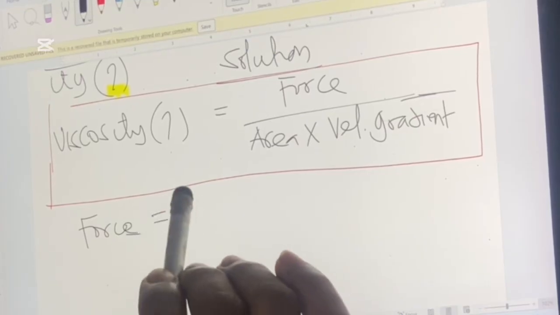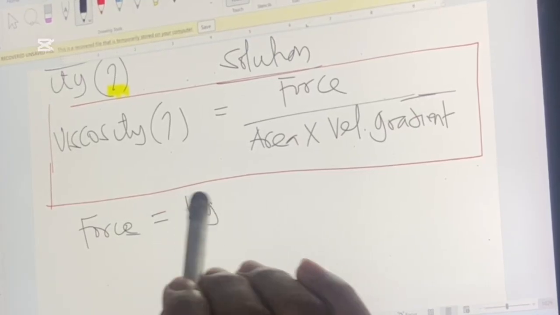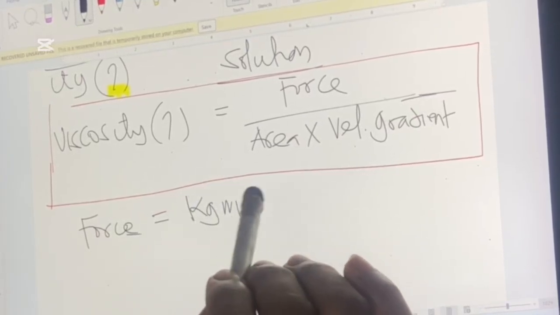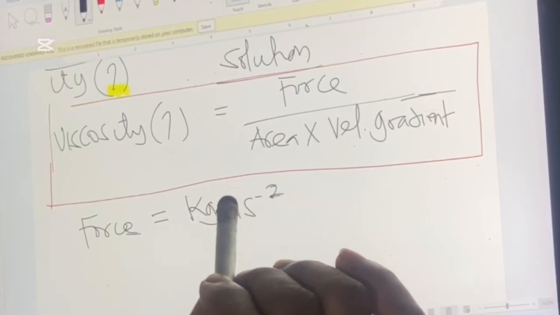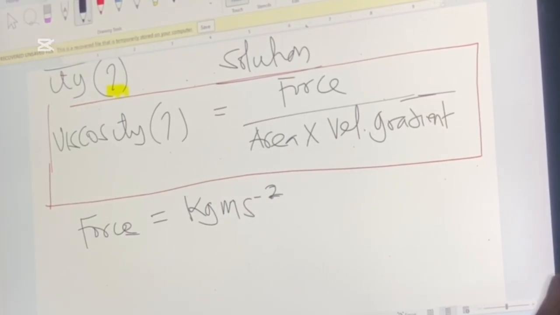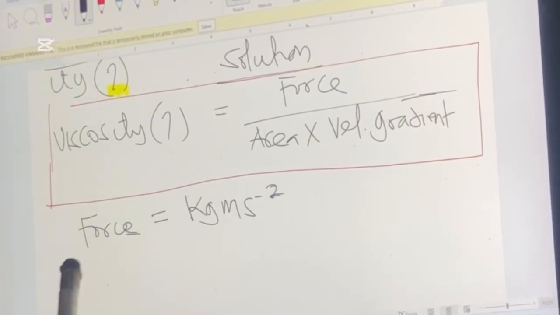and the unit is kg meter per second square. Please take note of this. The next here is area. Area is